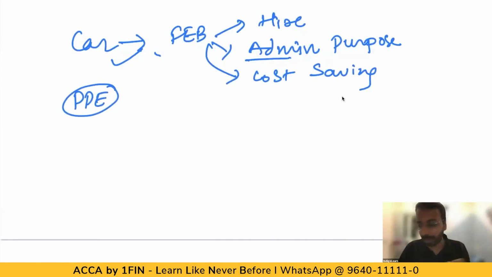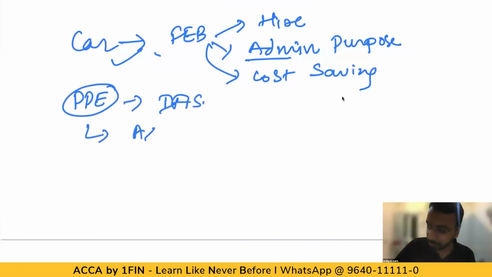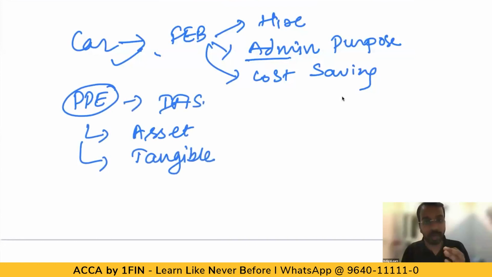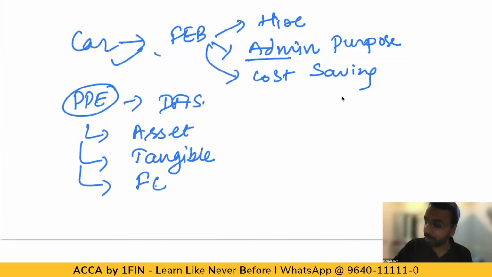Okay, so property, plant and equipment, what is covered by IAS 16? First thing is, it has to be an asset. This has to be tangible. So asset which is tangible. Tangible meaning there is a physical substance, car, building, land, and machinery. All of those have physical substance, and this gives us future economic benefits. Then we can consider that particular item to be PPE.